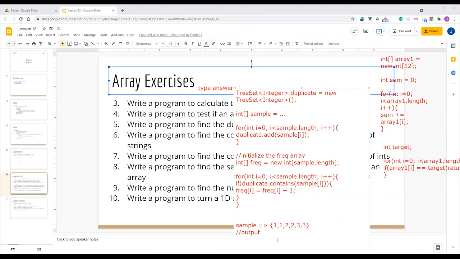The output for frequency should look something like